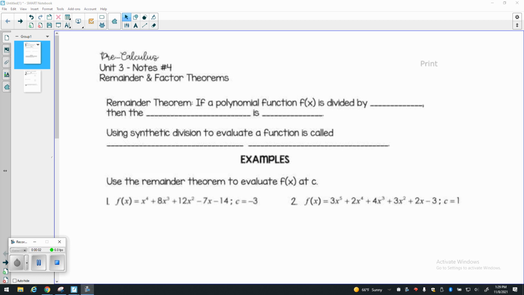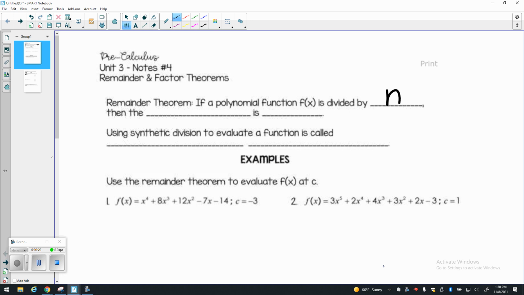So remainders mean if it doesn't go evenly, we have some kind of number, right? We talked about that when we divide, correct? So, the Remainder Theorem: if a polynomial function f of x is divided by something, I'm going to call it n, then,